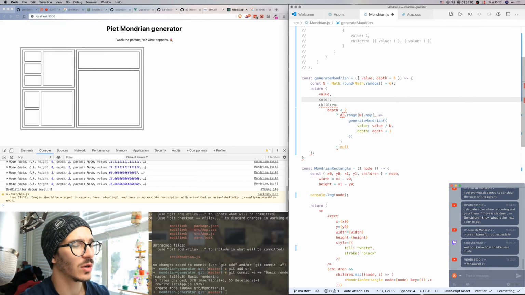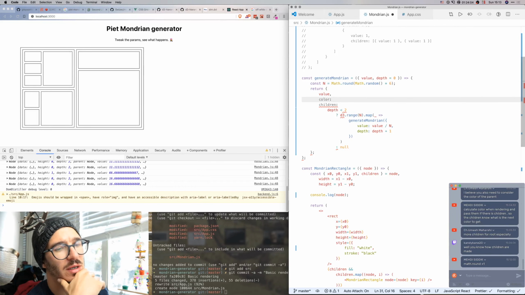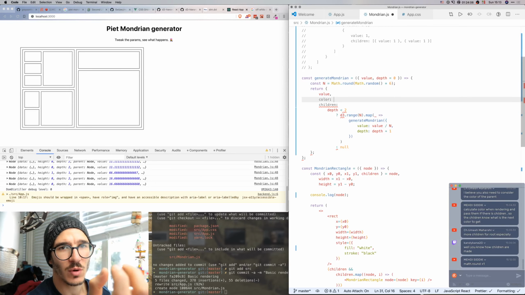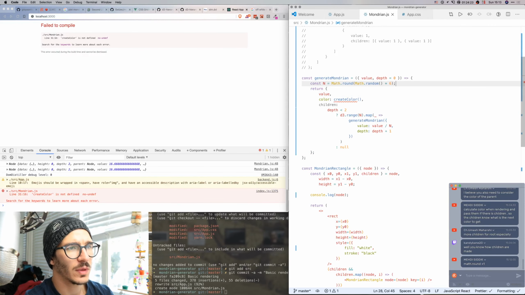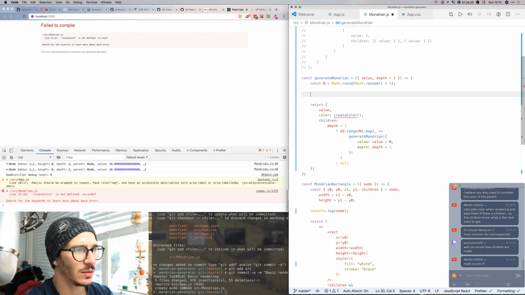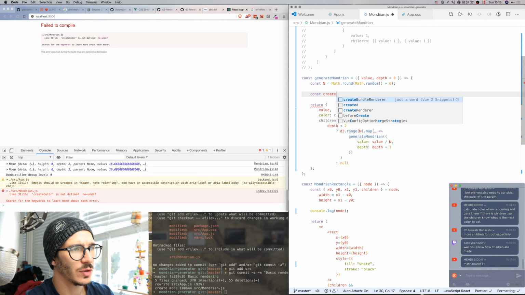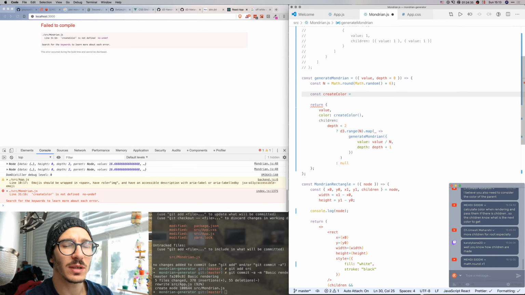So we're going to say color will come from basically a weight. How many reds do we want? How many blacks do we want? How many yellows? And so on. So we say math dot, let's say create color, and we say const create color, which will be, so we need to get the probabilities of,